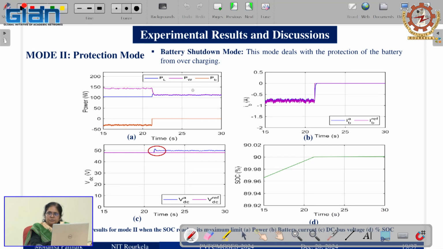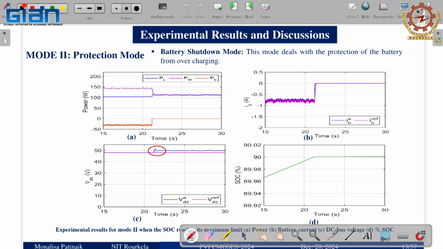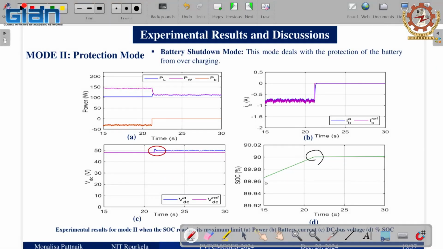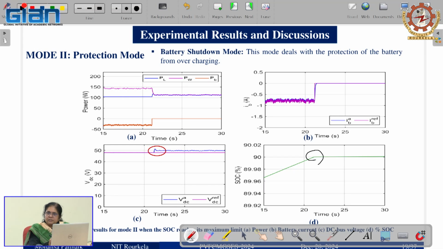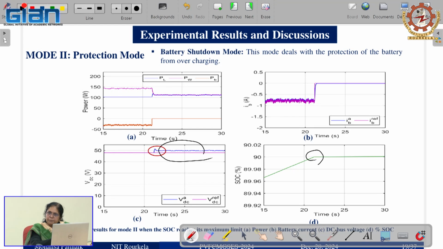But the problem comes when you are shutting down or disconnecting the battery, when the battery is in either an overcharged condition or a deep discharge condition. So first is the case when you are operating and the battery reaches the SOC upper limit. So you have to disconnect the bidirectional converter. Then what will happen? Who will maintain the DC bus voltage? Now our MPP is intact, meaning it is operating. So the problem here is we are unable to regulate the DC bus voltage. So now the PMS should switch from MPP mode to reduced power mode.